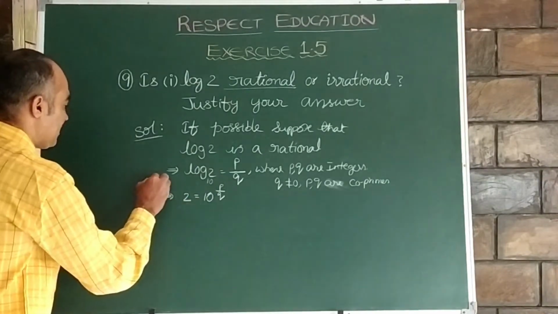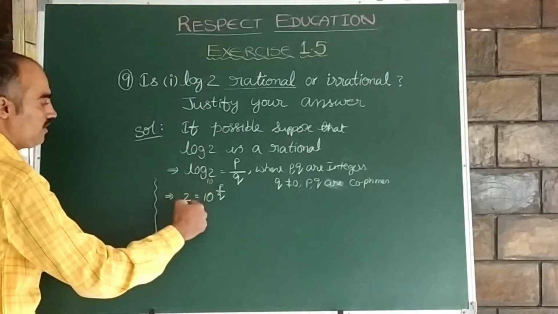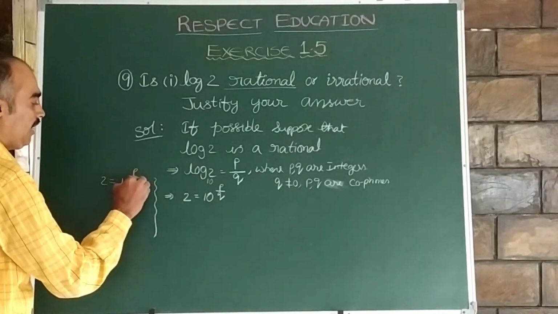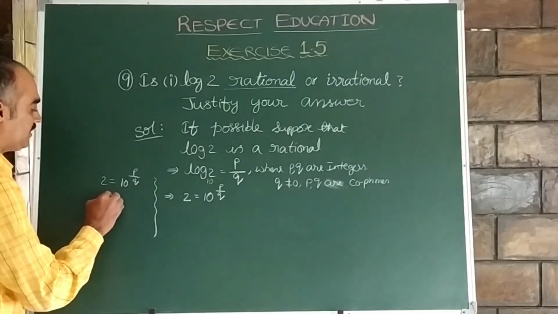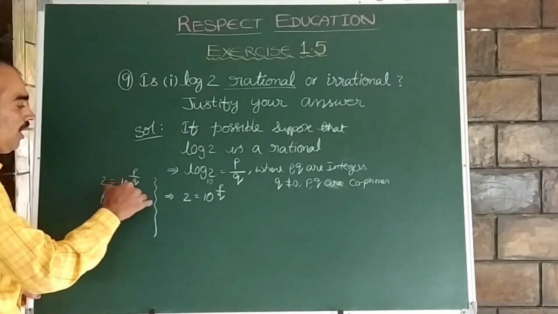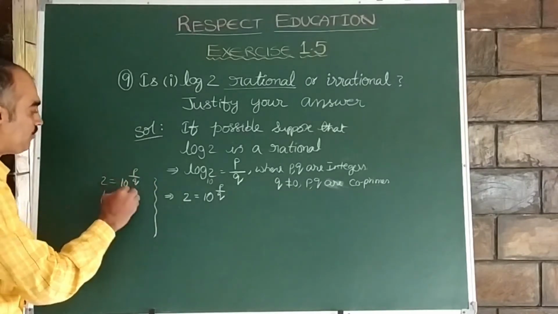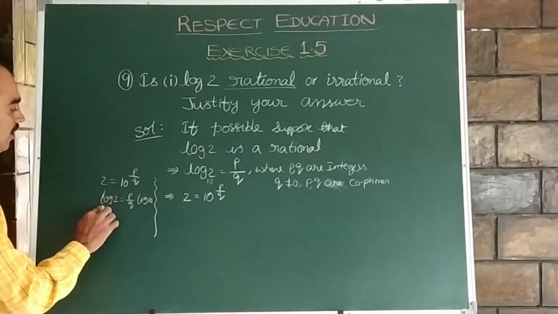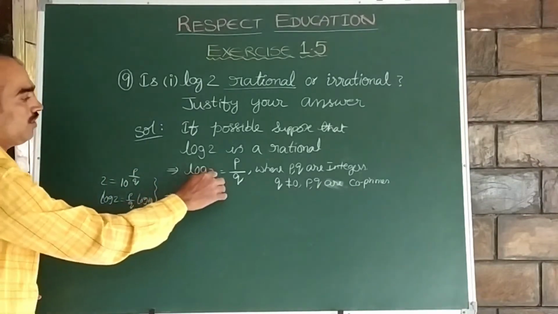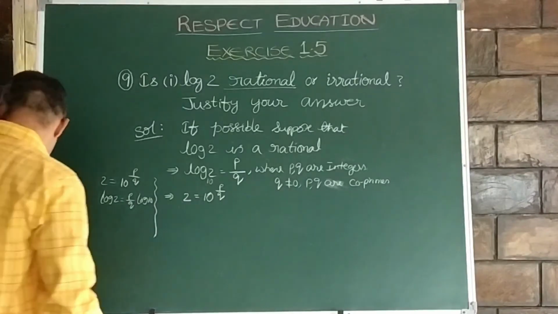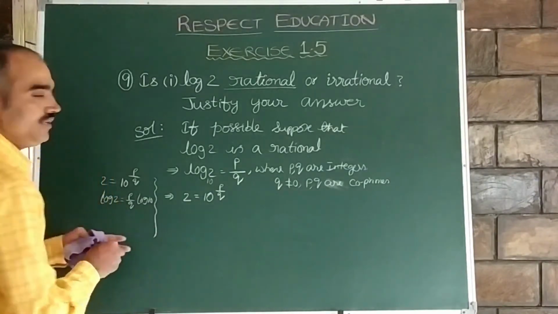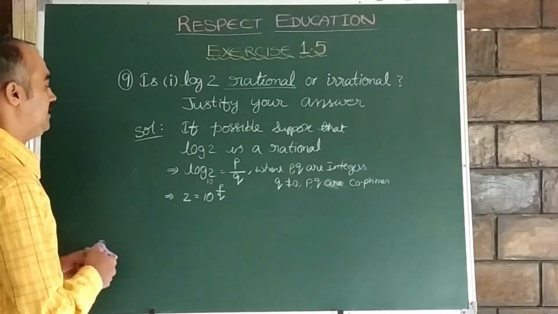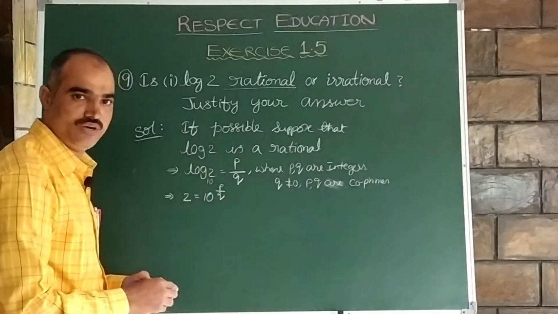For your understanding, I will explain how it comes. Let us take 2 is equal to 10 power p by q and apply logarithm on both sides. So log 2 is equal to log of 10 power p by q. P by q comes forward, so p by q log 10. Log 10 is 1, so log 2 is equal to p by q. Hope you understand. Without giving much confusion, I am going to rub this. So here we converted logarithm into exponential form.